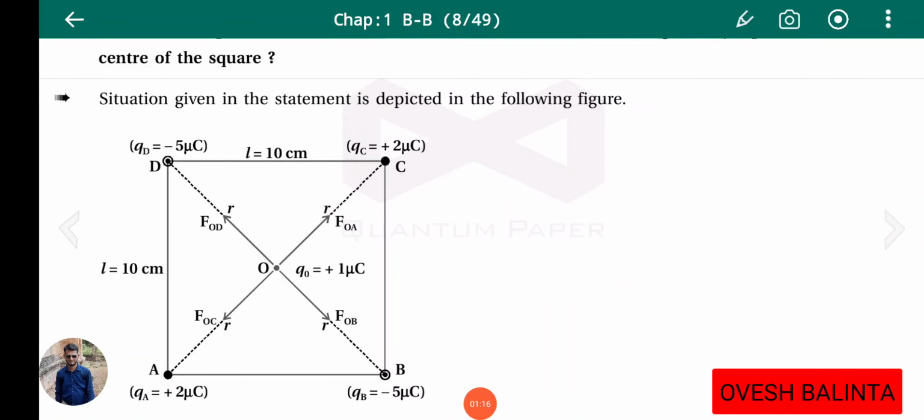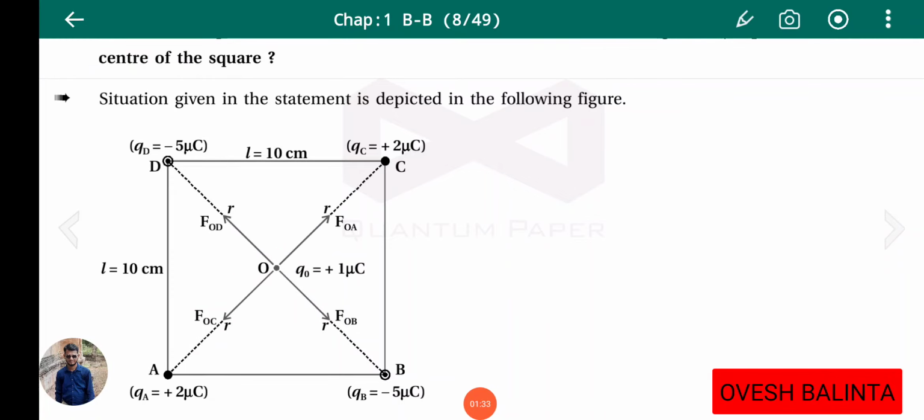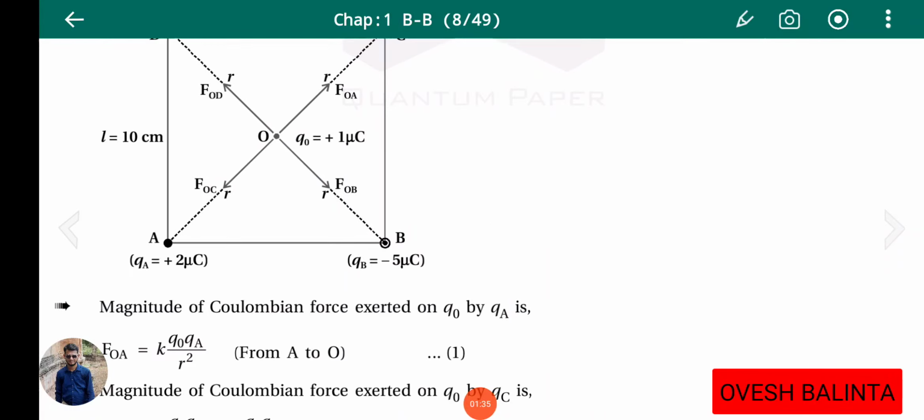So see, in this center, what will happen? How much force is there at this point? So we are discussing that. First of all, what will happen? We are applying the result and finding out the